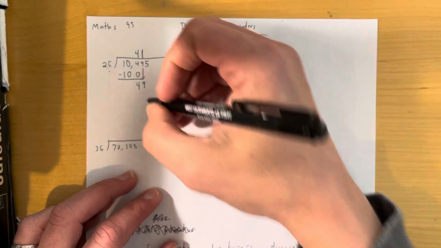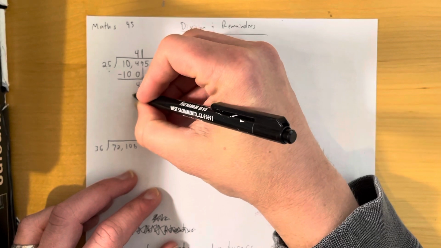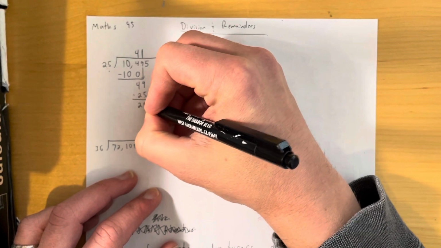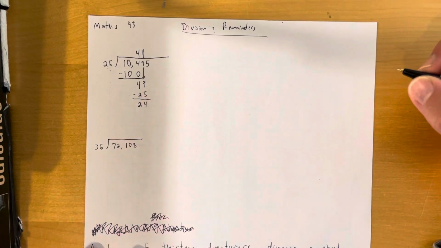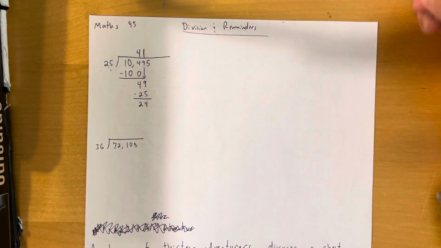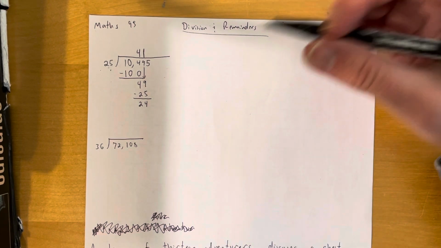1 times 25, which is 25. I do the subtraction, which gives me, in this case, 24. Okay? Now, something that you can do when you're doing long division to do a quick error check on yourself, which is a way of making sure you didn't make a mistake,